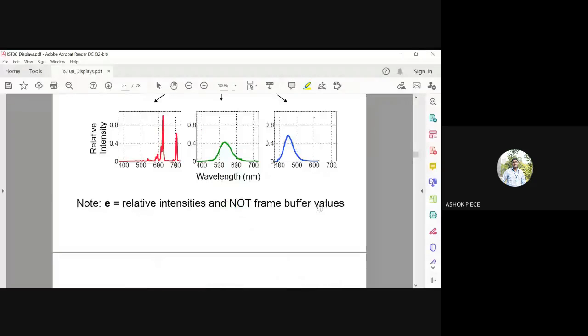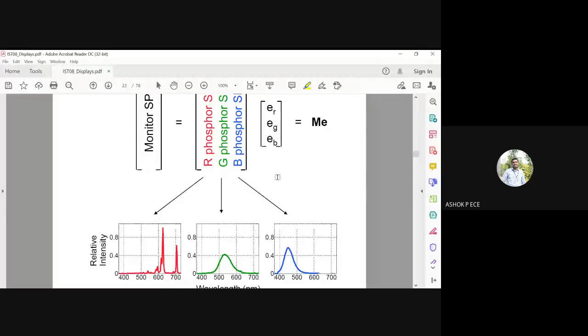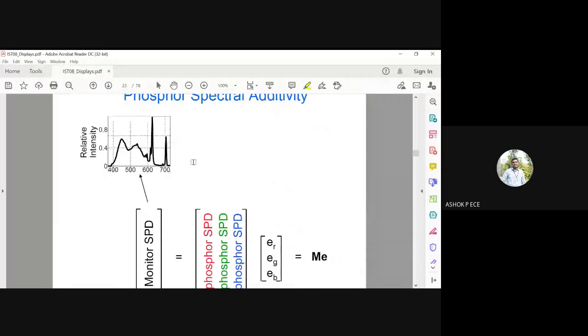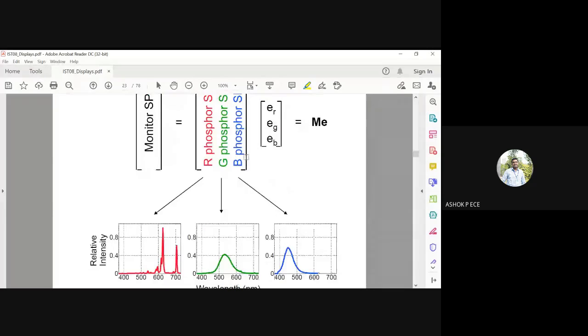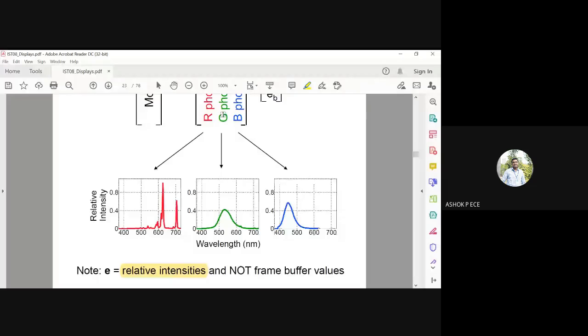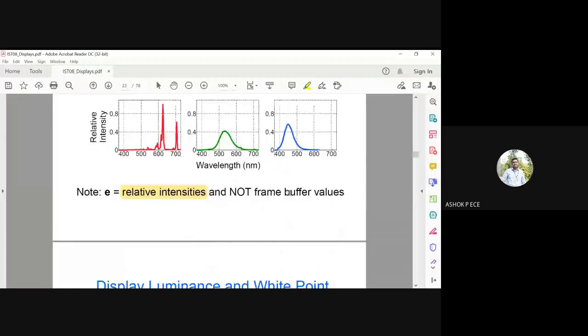So for red, green, and blue, you take the individual spectral densities, multiply them by the normalized value, the relative intensity, and from that you get what is called the monitor spectral power density. Red color dominates at larger wavelength, green at 550 and blue at 450, correct? So individually you take everything, multiply by ER, EG, and EB, the relative intensities, and not the frame buffer values, to get the monitor SPD.